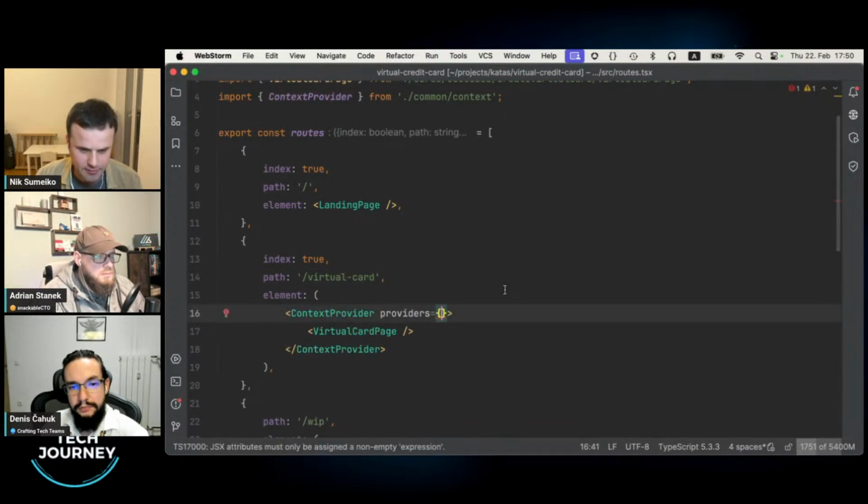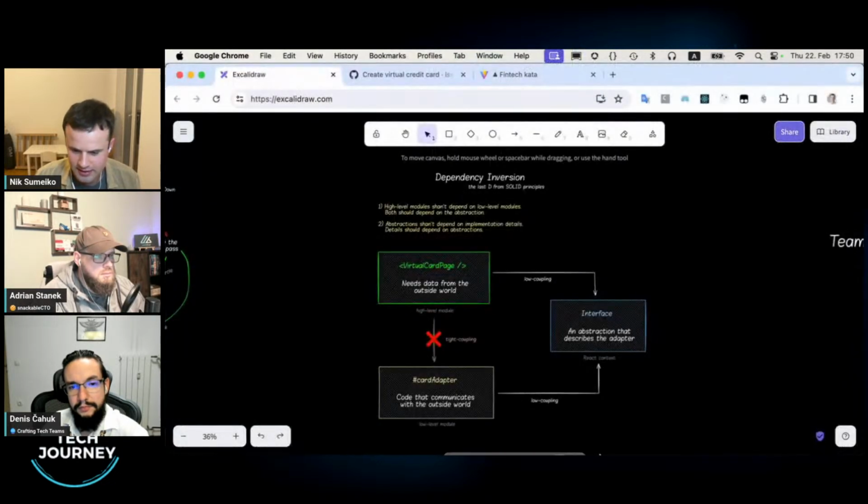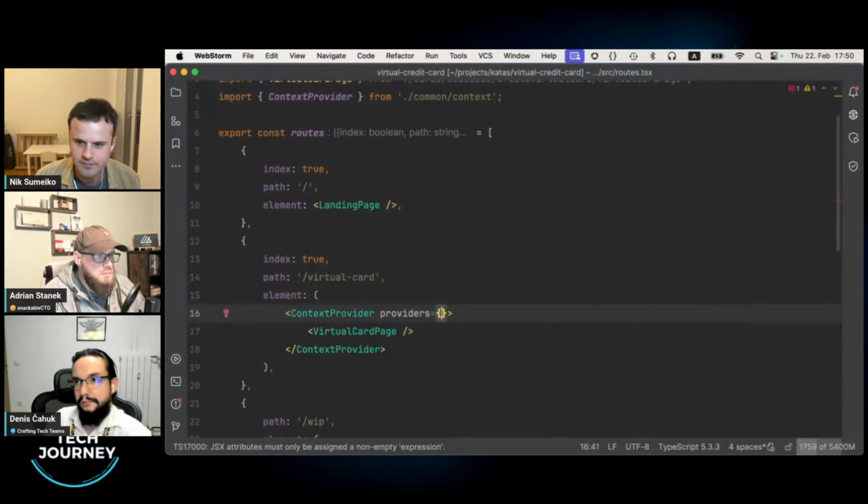And to put here something, we need to declare actually this interface, what it will be. So where is my provider? Here is my provider. To speed up, I will copy it.